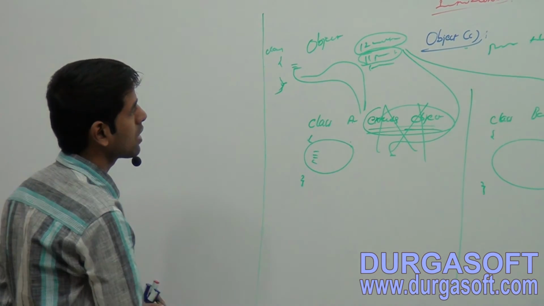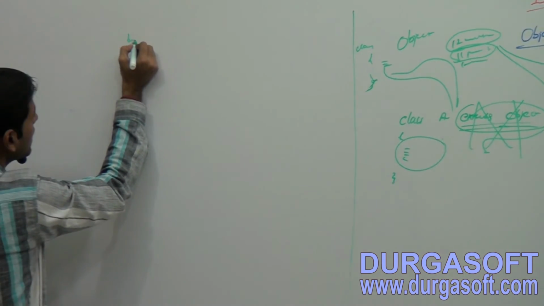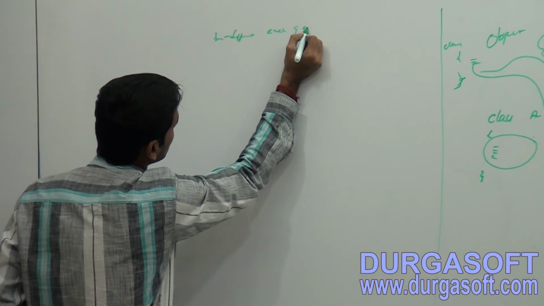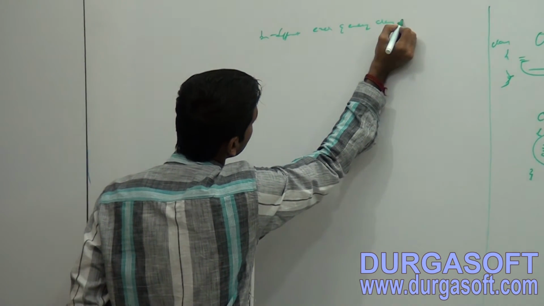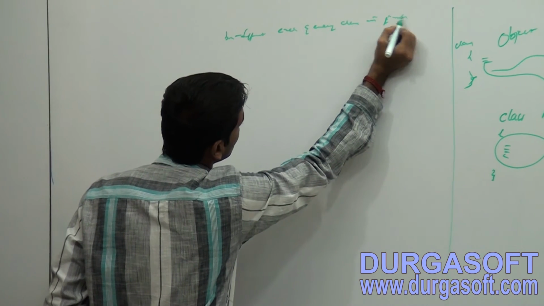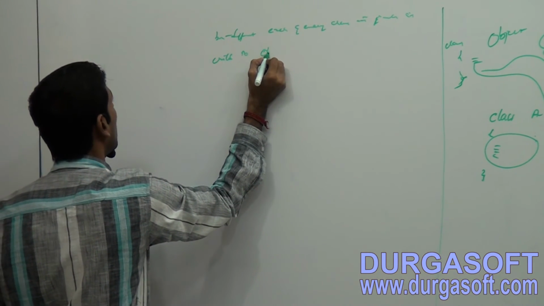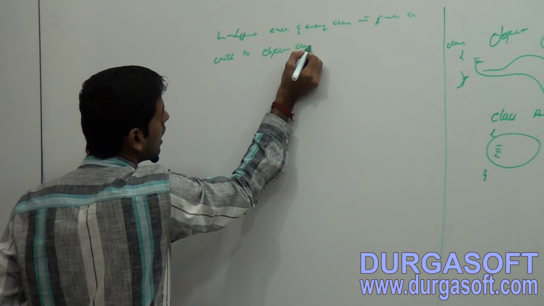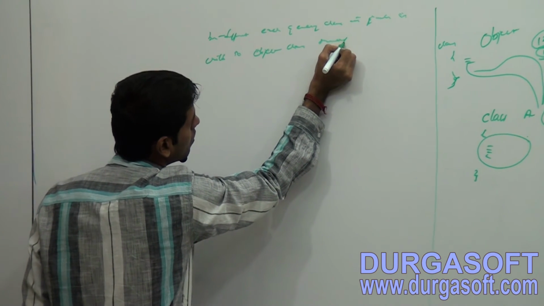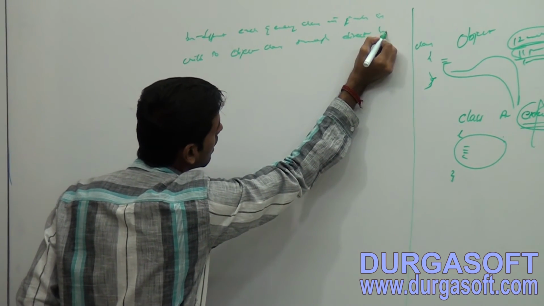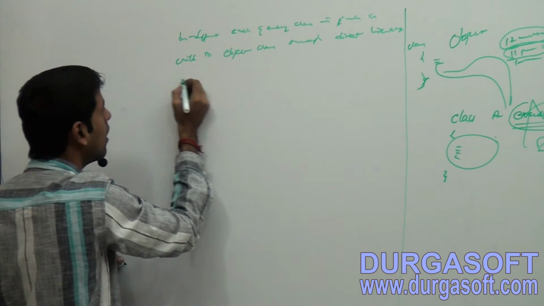By default, each and every class in Java is a child of the Object class through direct hierarchy